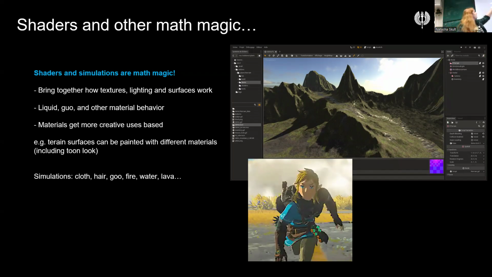Any kind of liquid goo, any kind of weird material that would be used anywhere. This is something that they're figuring out: how this would be used based on, again, the gravity rules that you have there. And then materials get more creative uses based on, for example, what kind of terrain surfaces you have or what kind of different other materials.